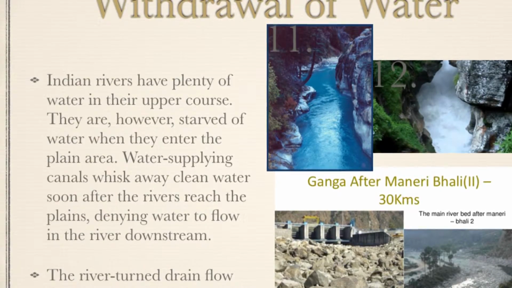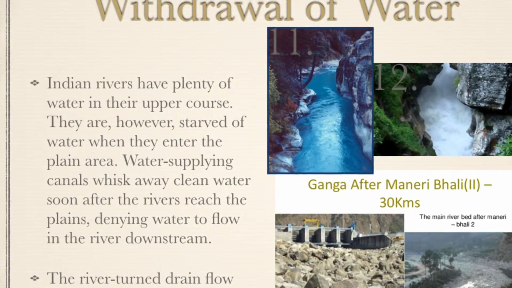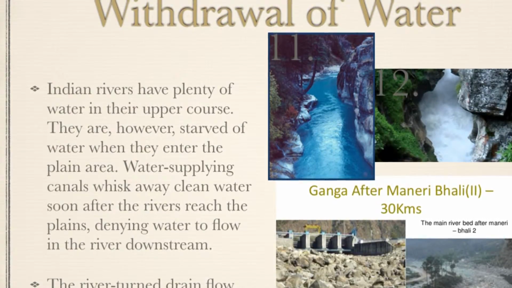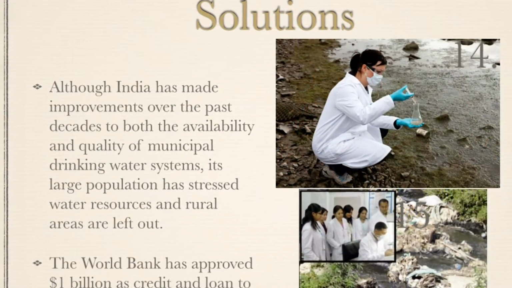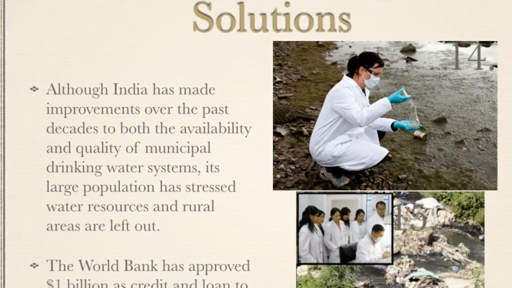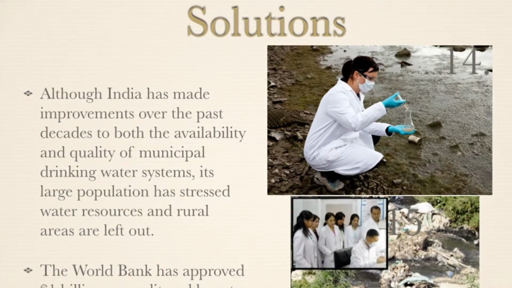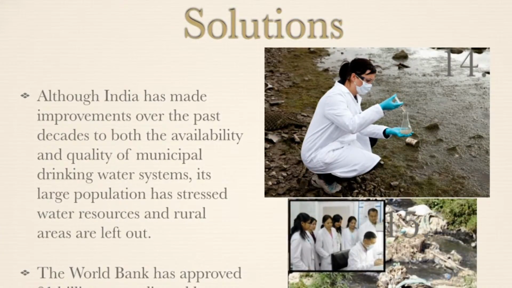Pictures 11 and 12 show how the river Ganges looks at its source. Picture number 13 shows how the Ganges looks after the Manari Bhali ore dam. Solutions. Although India has made improvements over the past decades to both the availability and quality of municipal drinking water